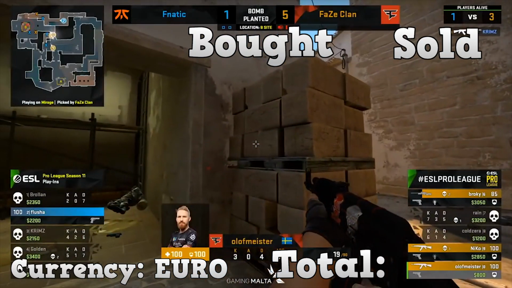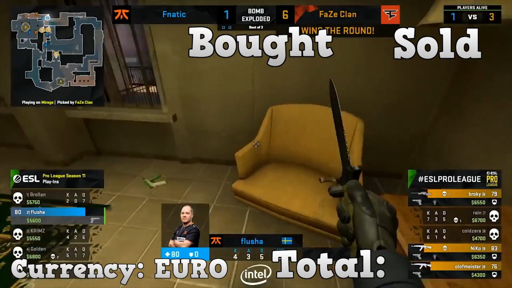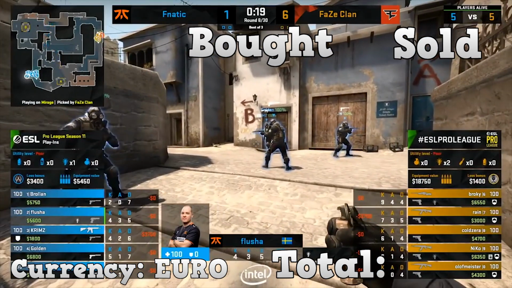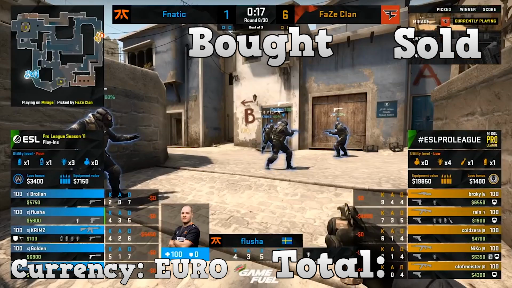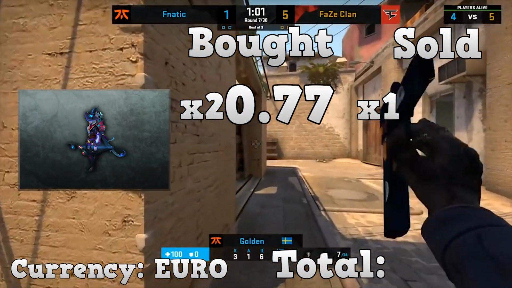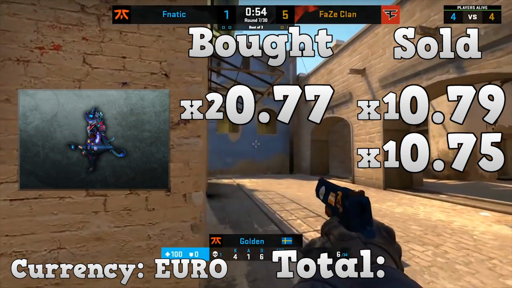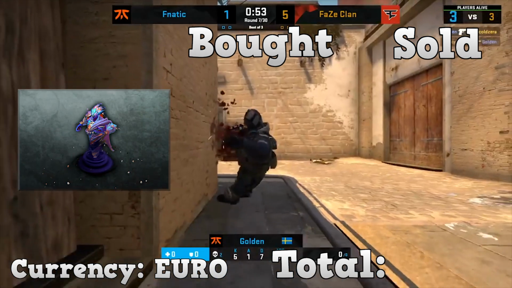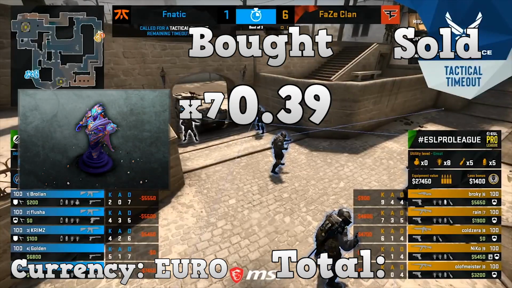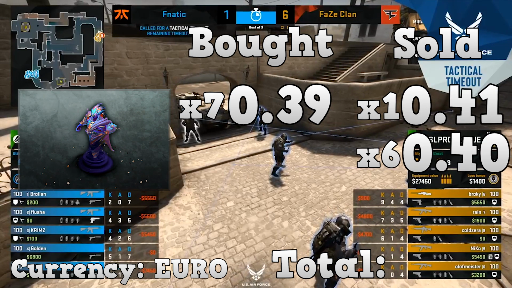Right now I am actually at a loss, but from here on I got some items that performed a lot better, and those items are the tier 1 items from the Hallowed Chest of the Diretide. First one, the Frostglade Familiar. I got two pieces for 77 cents, I sold one for 79 cents, I sold one for 75 cents. In total from this item I made 0 cents. Next one, Patterns of the Pristine. I got 7 pieces for 0.39, I sold one piece for 0.41, and I sold 6 pieces for 0.40,